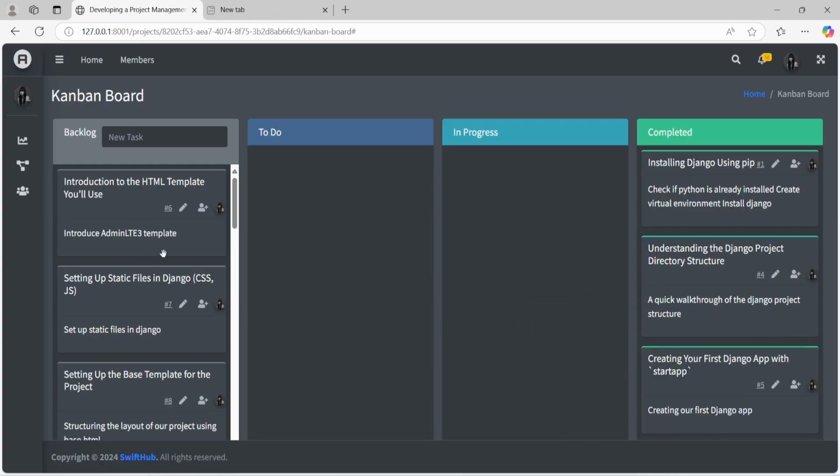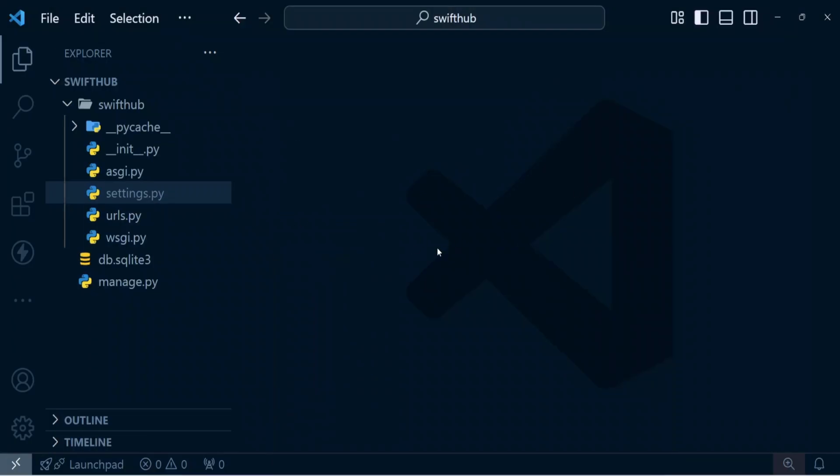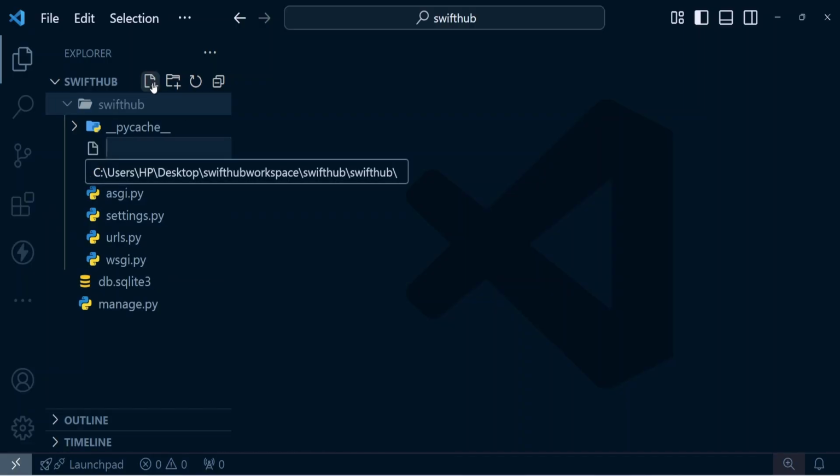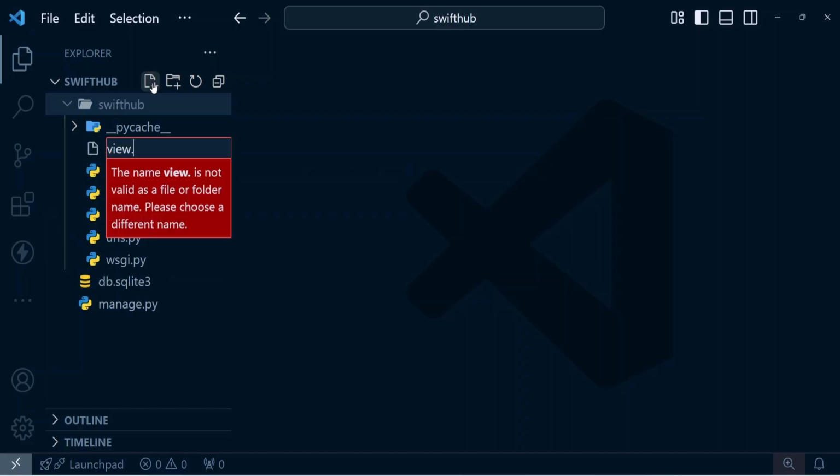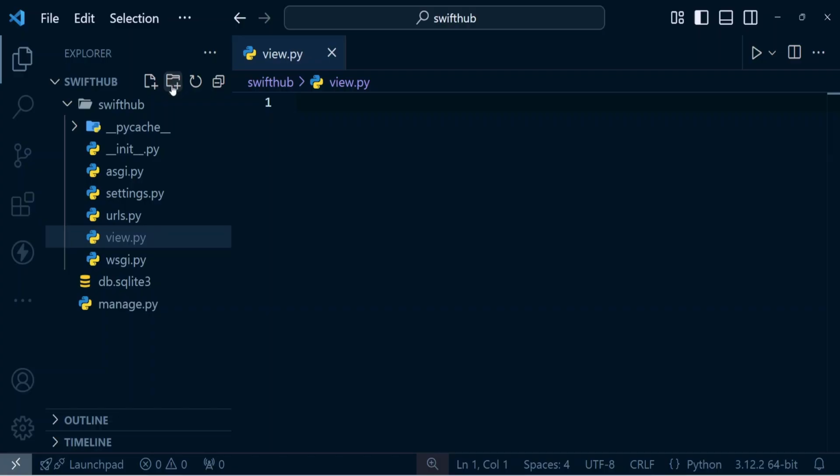So what we're going to be doing is, first of all, create a simple view. So now let's create our simple Django view. First of all, I'm going to go into the Swift app folder like this. So we are now in the Swift app, and at this point, I'm going to create a file called views.py. Okay. So now that we have views.py created, I want to import HTTP